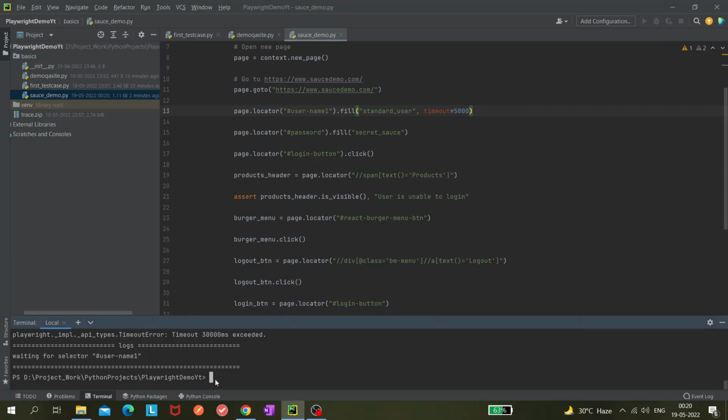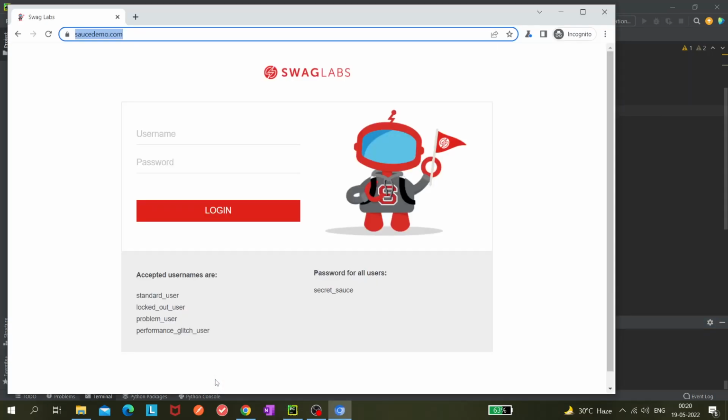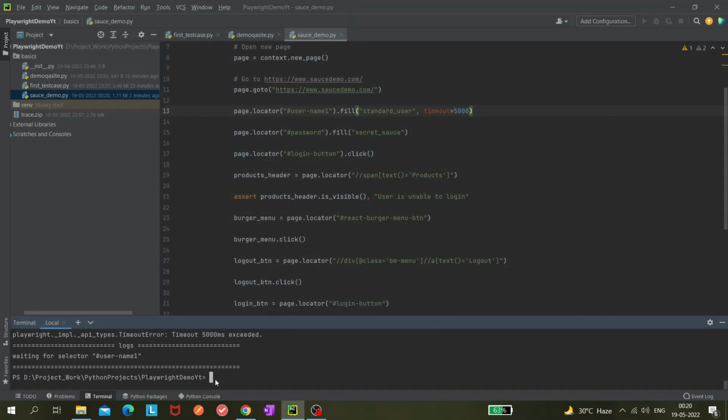Now if I run it, it should wait only for 5,000 milliseconds, and then it fails. Yep. So you can see it's saying timeout of 5,000 millisecond exceeded.